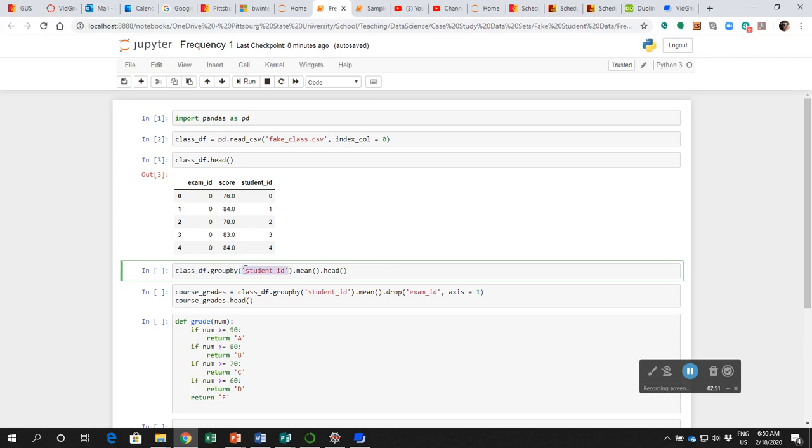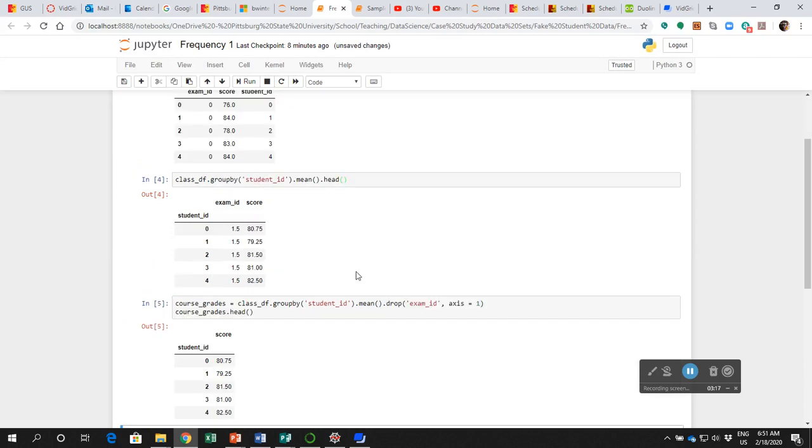group all of the students together. And when we group them together, every single student is grouped with himself, we take the average of that. So dot mean, this takes the average of all of the scores, and then I just want to look at the first few rows of this. So I shift and I enter,